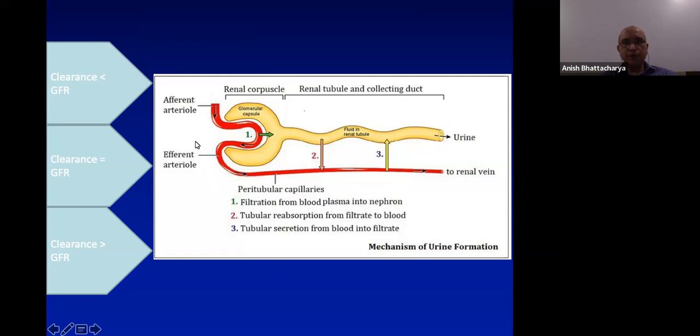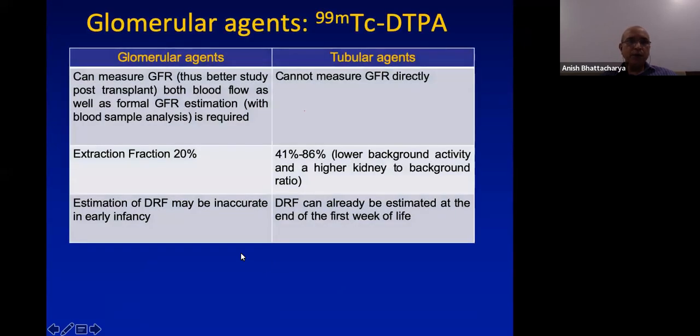There's filtration from the blood plasma into the nephron in the capsule, tubular reabsorption from the filtrate to the blood, and tubular secretion from blood into the filtrate. So glomerular agents can therefore measure GFR better. This is used, for example, in post-transplant patients. The extraction fraction is about 20%. Tubular agents cannot measure GFR,